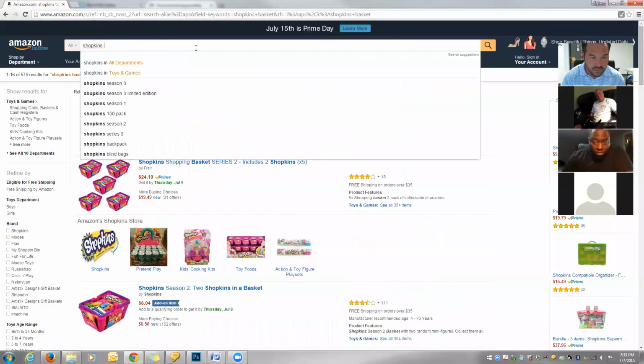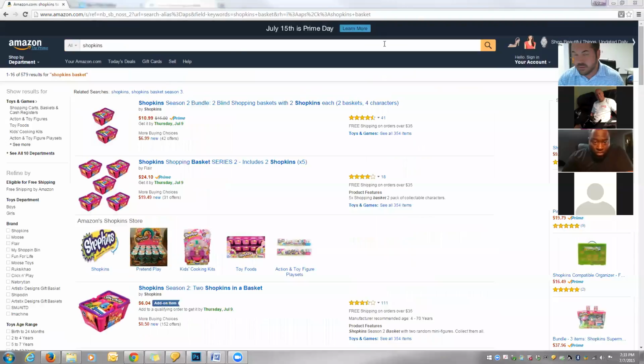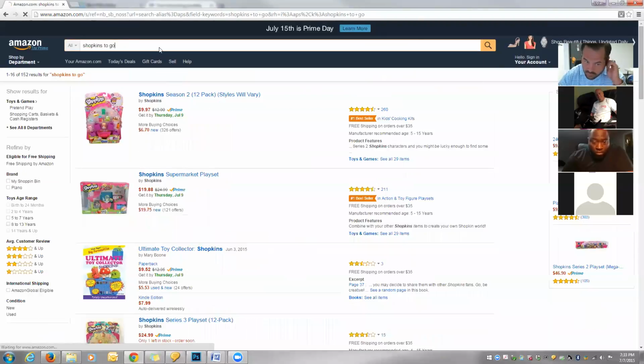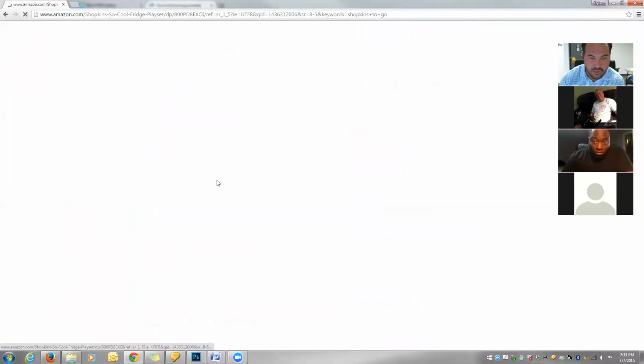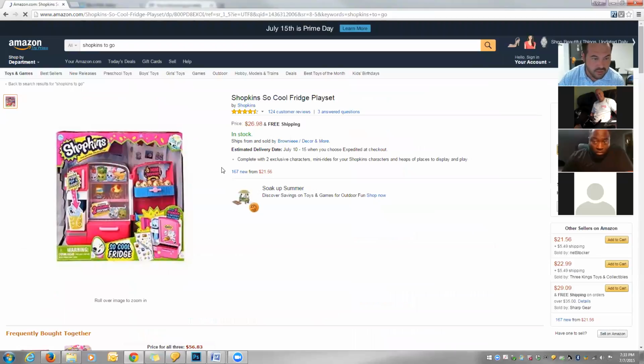I'm going to give you one example in particular, using, where's the So Cool fridge? There it is. Okay, so I looked at this product the other day and it gave me a pretty good idea of what I want to show you with Price Zombie. And unfortunately, like Dan mentioned yesterday, when you have a product that's been carried by Amazon,